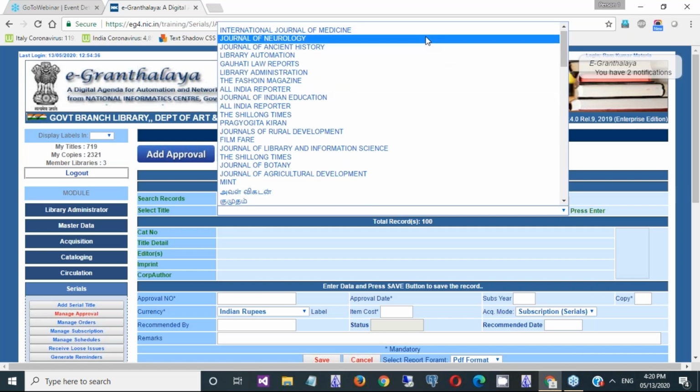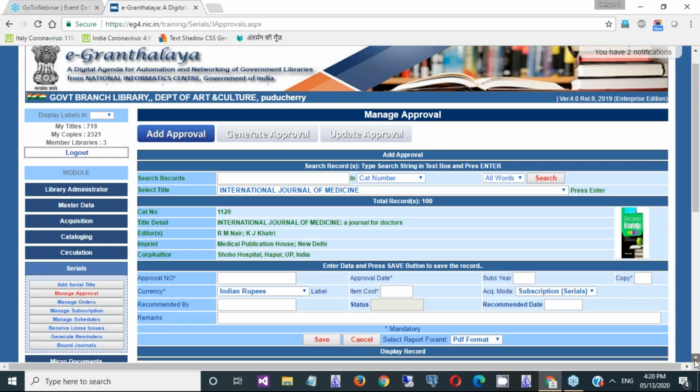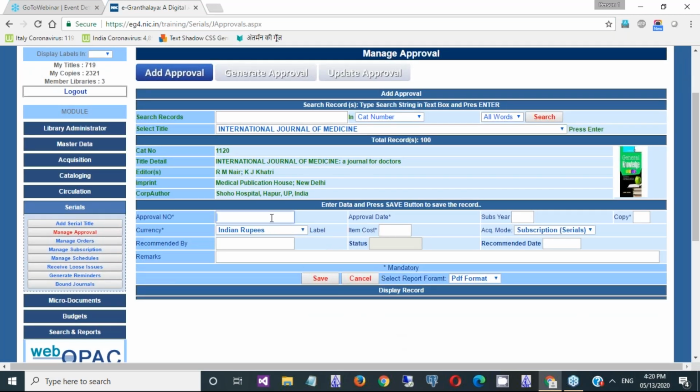Okay, so I will select this title which I recently added in the previous step. Then I will add one approval number. Approval number is mandatory. You need to make some kind of system for assigning a unique and distinct approval number.